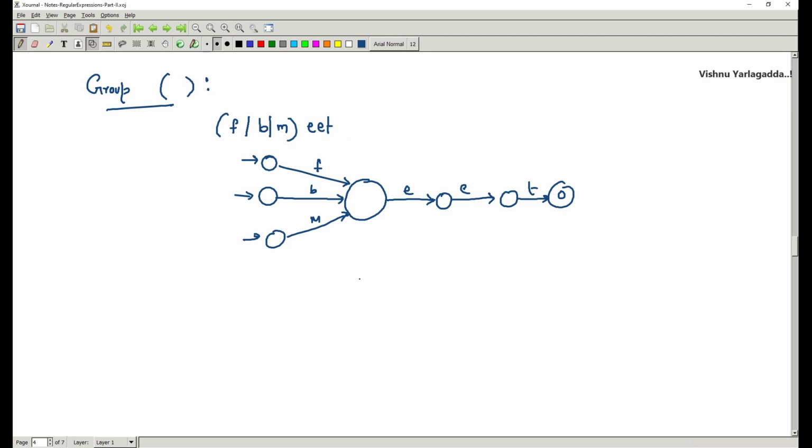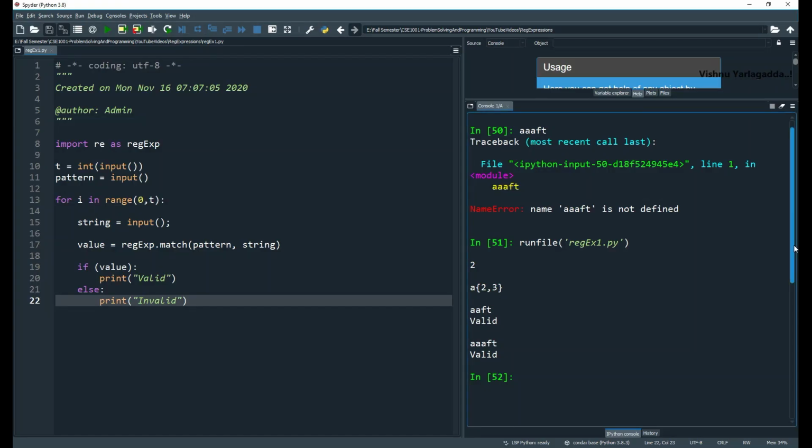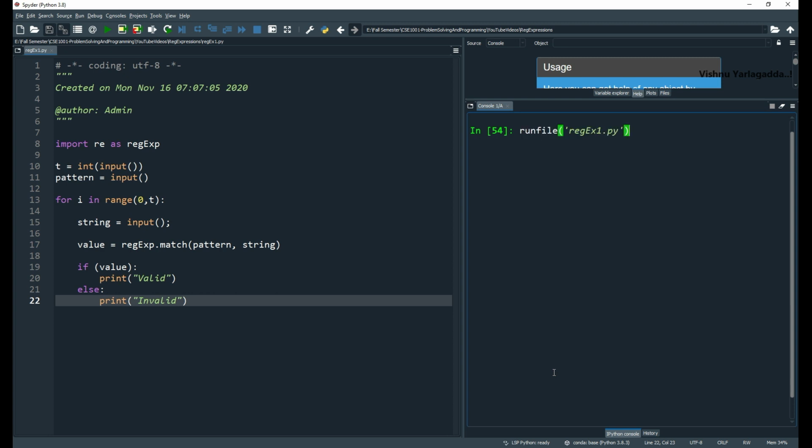So this is the representation of the state transition diagram. Now how can I write the same thing in C? First I'll clear that. I'm running the same program for all the experimentation.